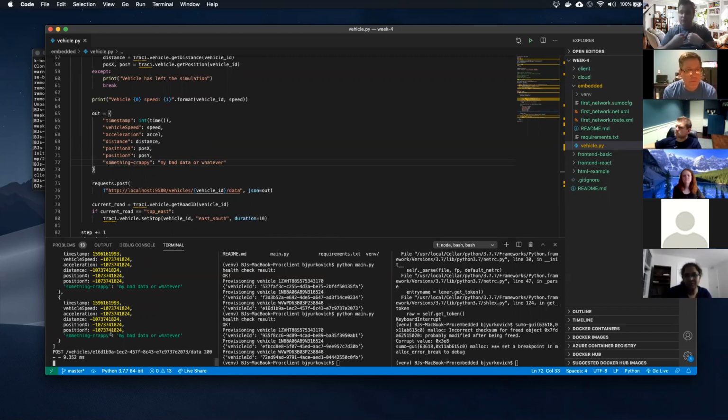So we need to be able to gate this. We need to write code to say, look, I only want timestamp, vehicle speed, acceleration, distance, position X, position Y. I don't want any other things. And by the way, I need to require some of these. In order for this data post to be valid, I'm going to demand that the embedded vehicle always send me a timestamp and a vehicle speed. The others are optional, but I always want you to send timestamp and vehicle speed because my models depend on it.